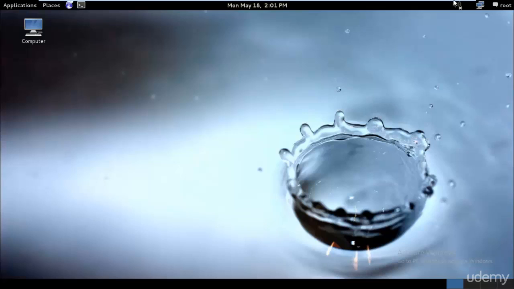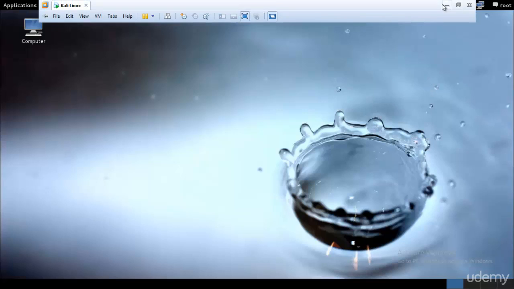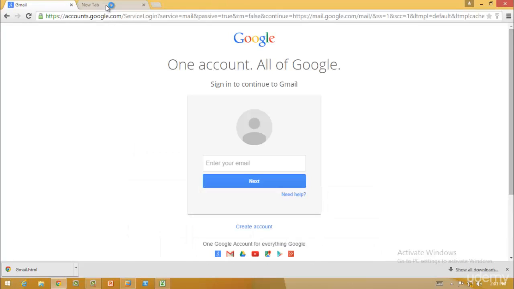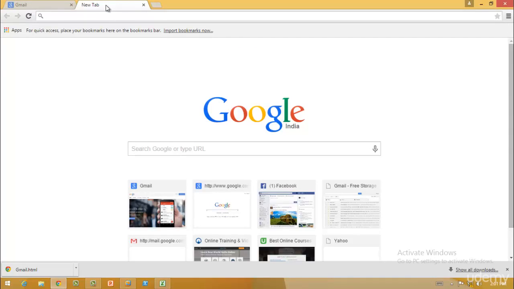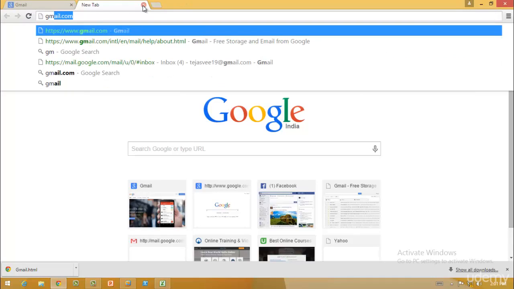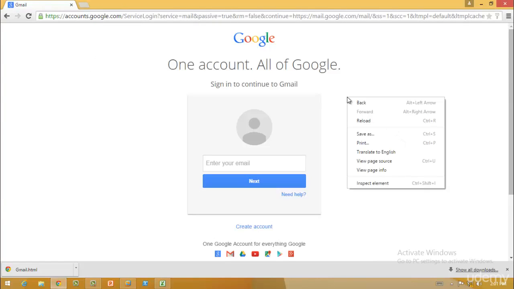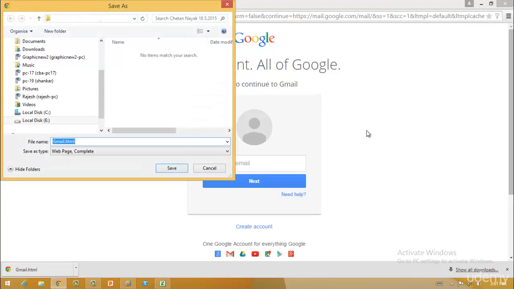So I'll be just using my Chrome before I show you. It's quite far easier in Kali Linux, but it's also easier if you try to do it in a different way. So just go ahead and type Gmail, and I already have that over here. And when you get to this step, just right click, save as, and save it in any random space, and make sure that it is Gmail.html, any random page name .html,